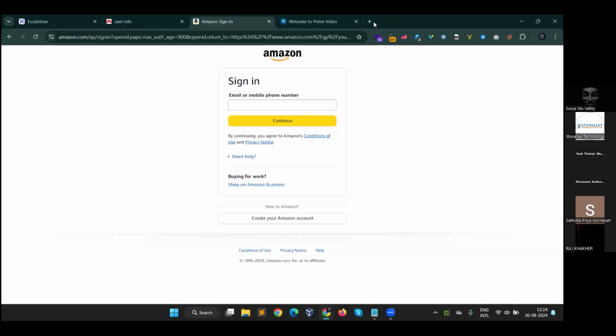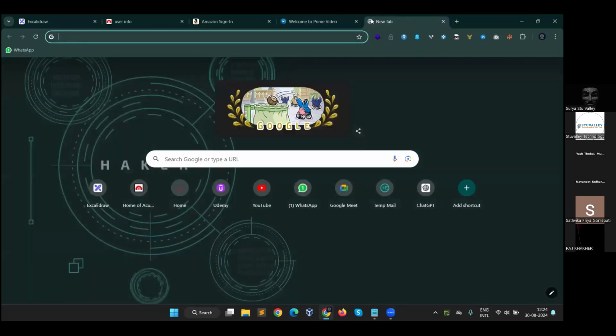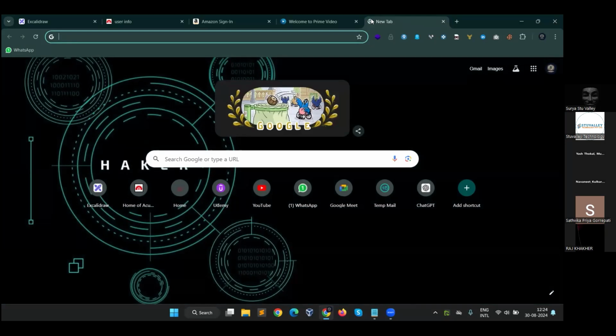Okay, guys. See where you'll get all these cookies. So we have different resources. You can get these cookies from the Telegram channels, from the darknet. Even in Google, there are some blogging sites. There they will post new premium cookies every day for each and every OTT platform. So just open a new tab and search for the